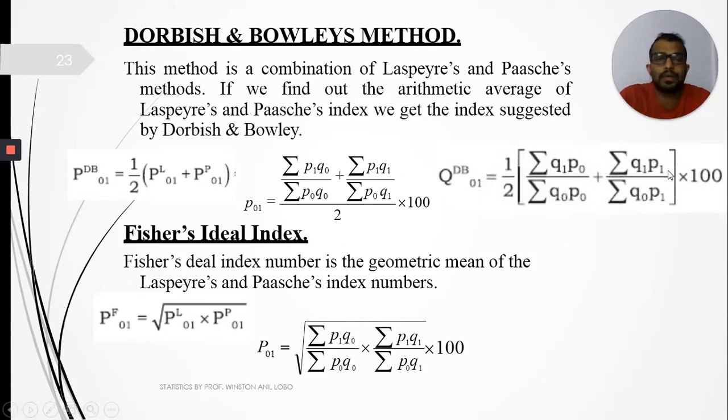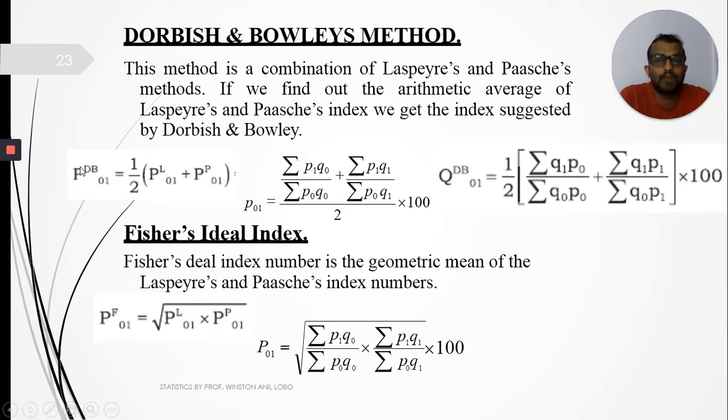Quantity index number, this is the formula: summation Q1P0 by summation Q0P0 plus summation Q1P1 by summation Q0P1, into 100. Third, can we write the shortcut formula also in quantity index number for Dorbish-Bowley? Yes, students. This P will be replaced by Q. Quantity of last year plus quantity of past years, divided by 2 will give you QDB, that is quantity